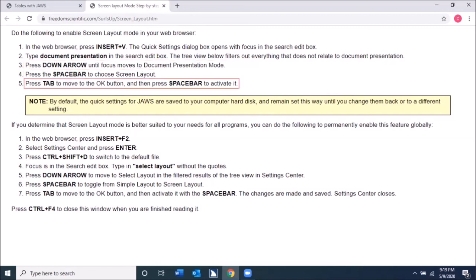5. Press tab to move to the OK button and then press space bar to activate it. List end. Note: by default, the quick settings for JAWS are saved to your computer hard disk and remain set this way until you change them back or to a different setting. If you determine that screen layout mode is better suited to your needs for all programs, you can do the following to permanently enable this feature globally: